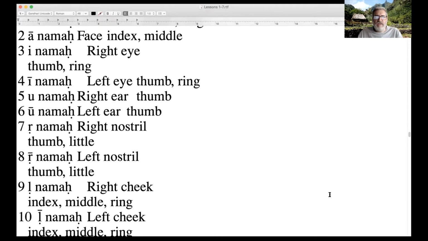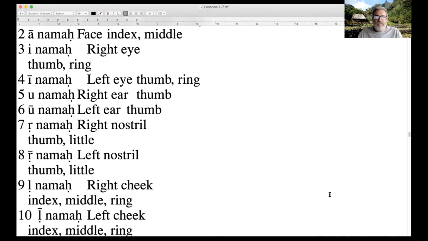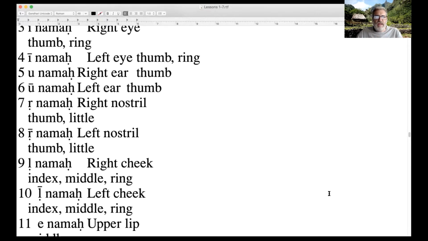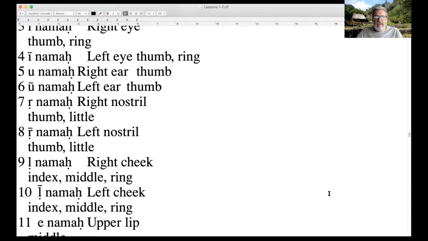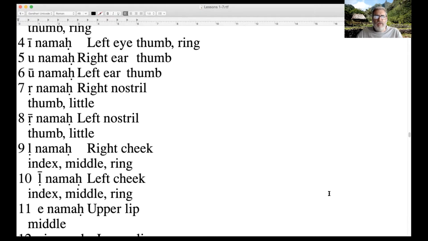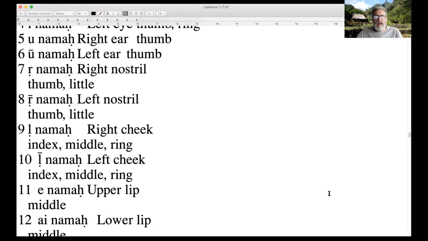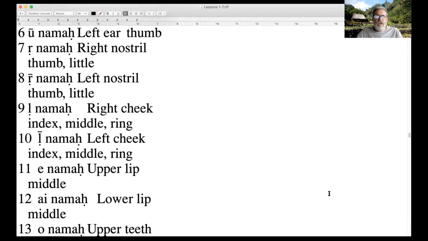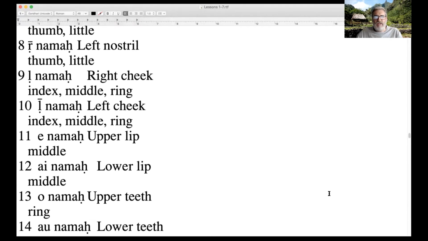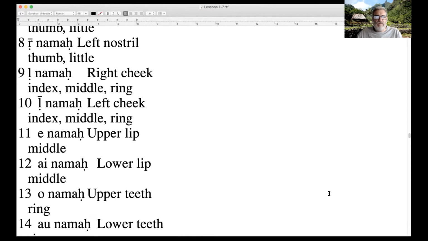Namaha, touch the left eye with the thumb and ring finger of the right hand. Namaha, touch the right ear with the thumb. Namaha, touch the left ear with the thumb. Rin namaha, touch the right nostril with the thumb and little finger. Ri namaha, touch the left nostril with the thumb and little finger.